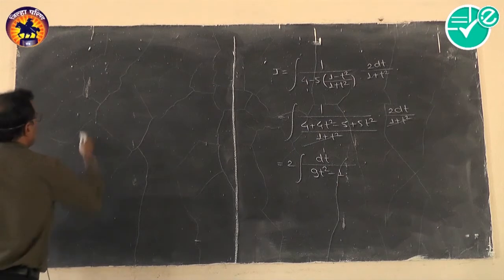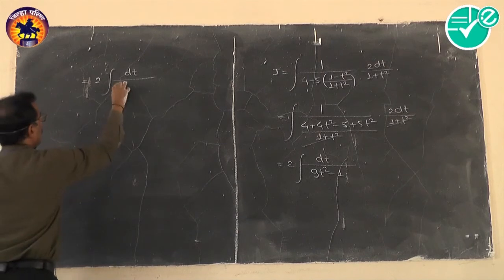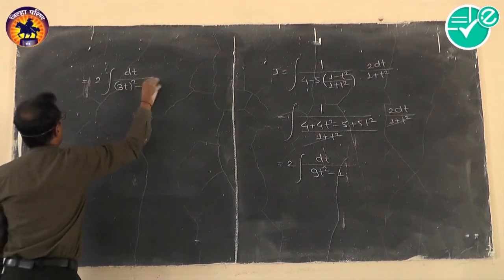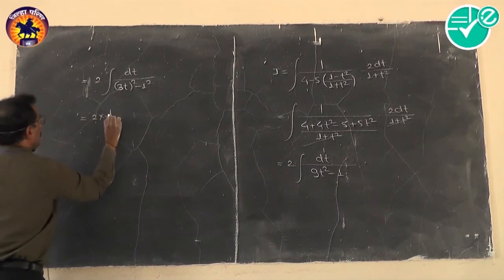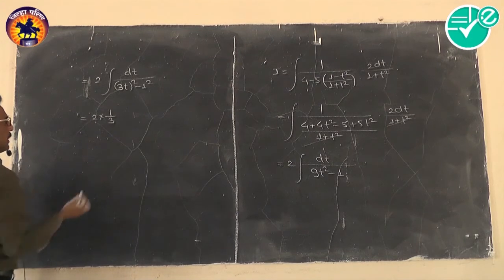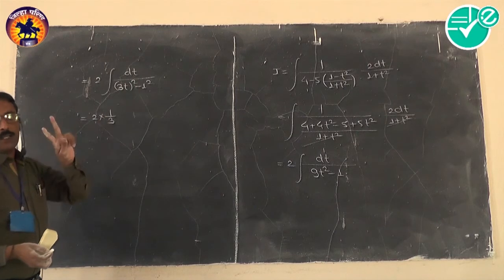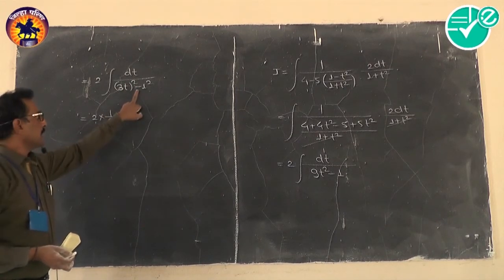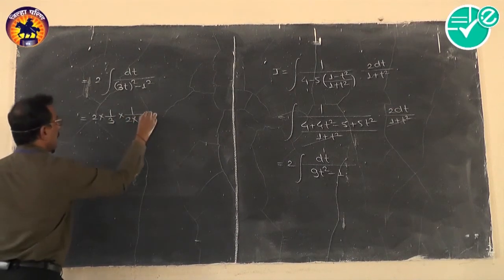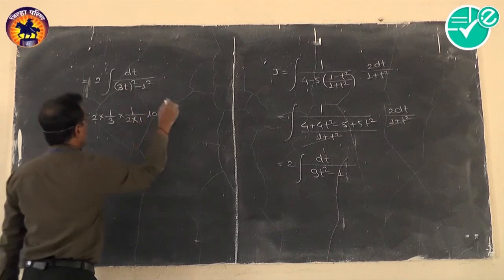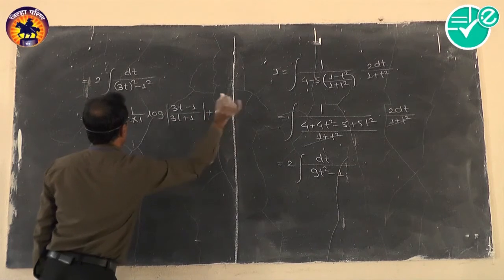Now we have the next one, it is 2 into integration dt upon, here it is a perfect square of 3t and here it is 1 square. So 2 into, here the coefficient of t is 3, so first duty is we have to write 1 by 3. Now this is a problem from special integrals. This problem is without square root, so answers are either 1 by a or 1 by 2a. Here the minus sign indicates the answer is in the format 1 by 2a, a is constant, here it is 1 into log of 3t minus 1 by 3t plus 1 and then plus c.